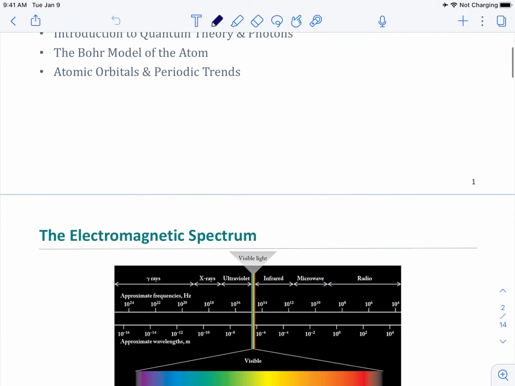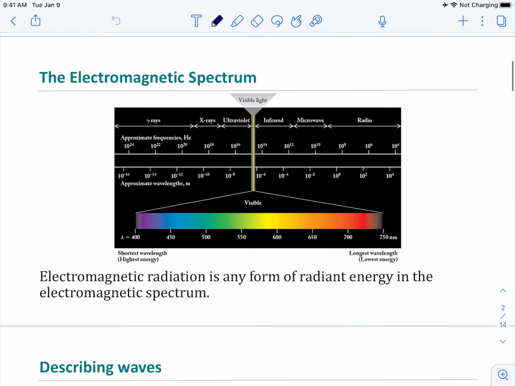So those are our learning goals. We'll start out with the electromagnetic spectrum and make sure that you're all comfortable with this. Electromagnetic radiation is any form of radiant energy within this electromagnetic spectrum. And you see some of the names here, and you're familiar with some of these names: microwaves, ultraviolet, X-rays, radio